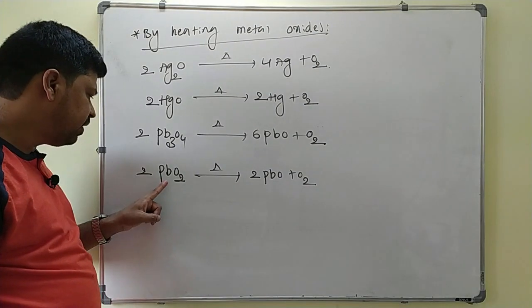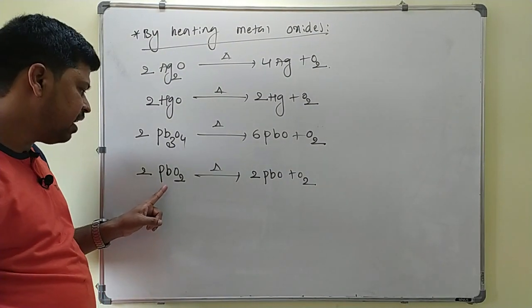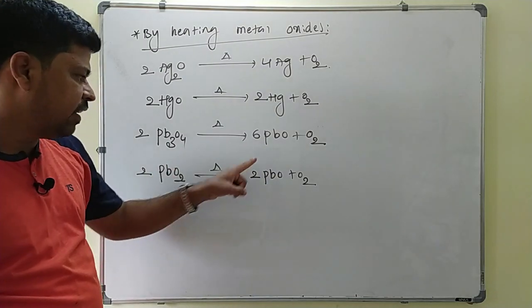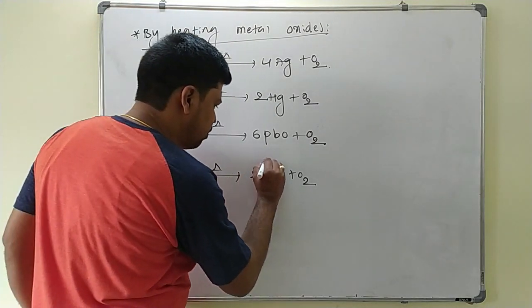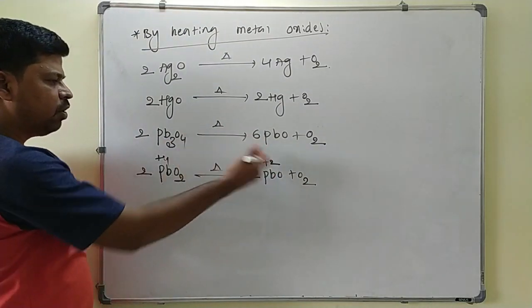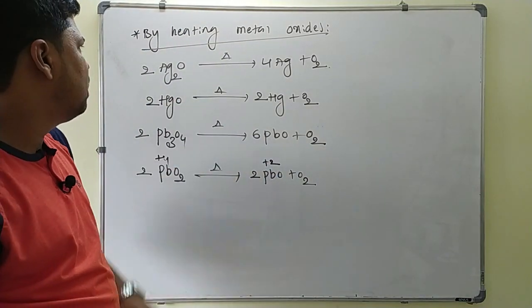Already in the case of group 15 we have discussed the inert pair effect. In that one we know that even with the inert pair effect of lead also, in the case of lead the +2 oxidation state is more stable as compared to +4, so that on heating it readily converts into +2. You can write like this.